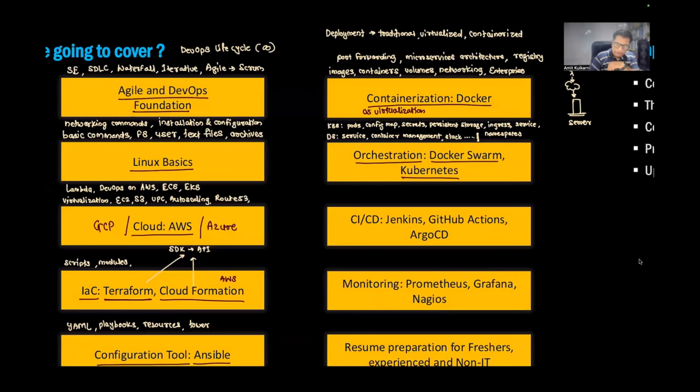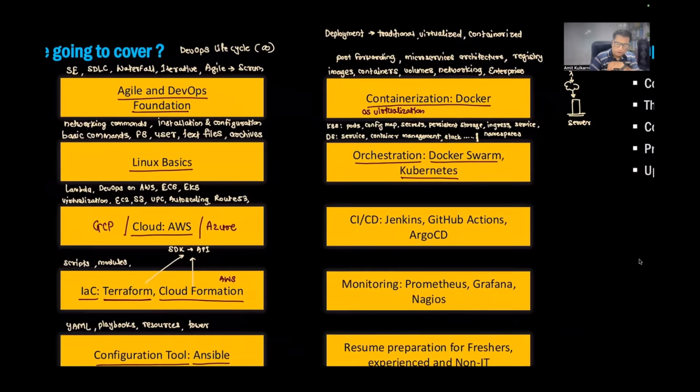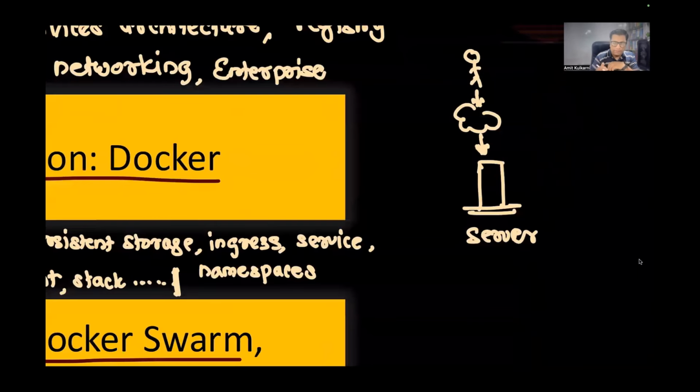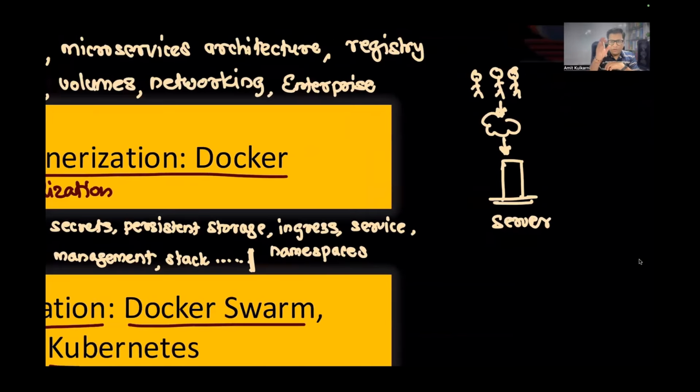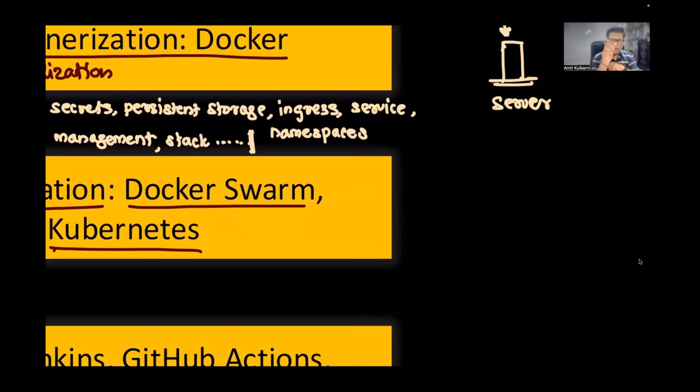This is where Kubernetes, the orchestration engine, will come to your help. So when you say one user, there is no problem. But when there are so many users accessing the application at the same time, the application will start crashing, because it will not be able to sustain that load. This is called scalability. To solve the scalability problem, or to make your application scalable, we have two options. One is called horizontal scaling, another one is called vertical scaling.